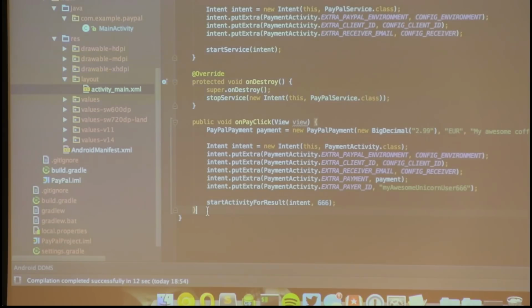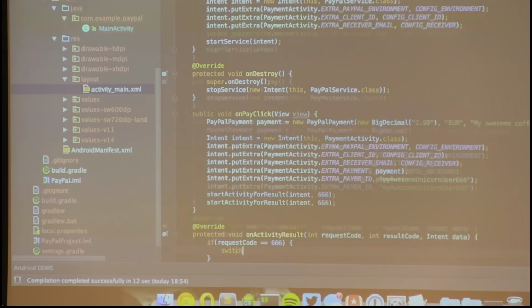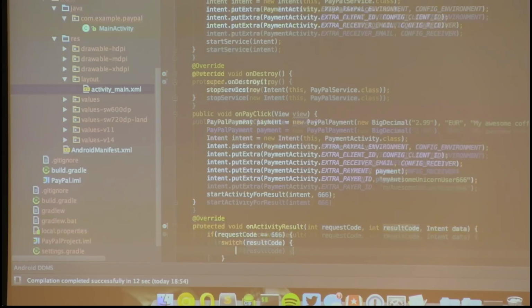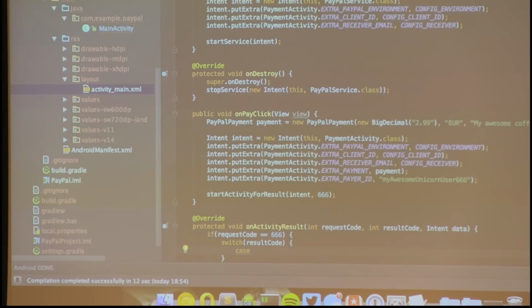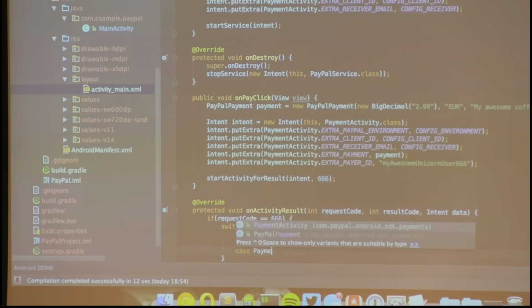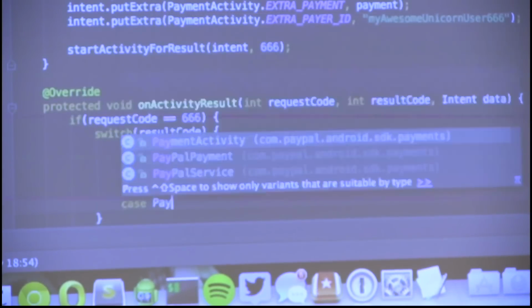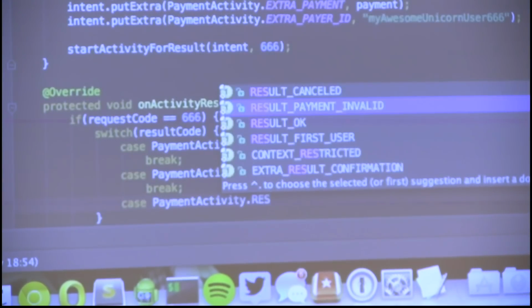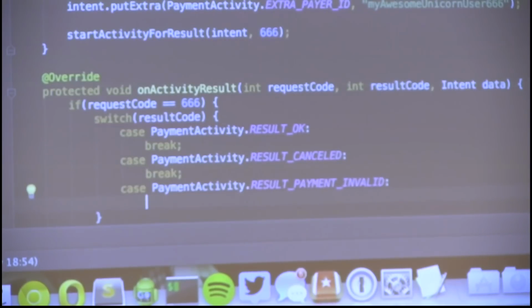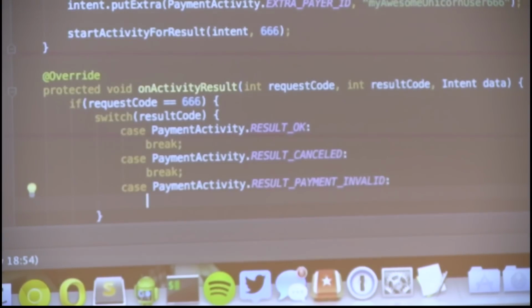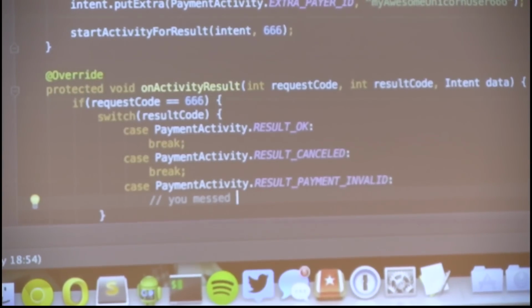So this is sending our payment, but obviously we want to get something back, like, did the user cancel, did he pay, what happened? So we just check if the request code is 666, and if that's the case, we use a switch case over the result code. And we have several cases. The first case is going to be PaymentActivity.RESULT_OK. That's what every activity always has. Then we have case PaymentActivity.RESULT_CANCELED. Again, break, and case PaymentActivity, and now this one is really nice. Payment invalid, and it basically means you cannot code. Because the only case where it really happens is if you didn't read the documentation and you passed two currencies, the amount is actually not an amount, things like that. So if you get to this point, then you messed up,